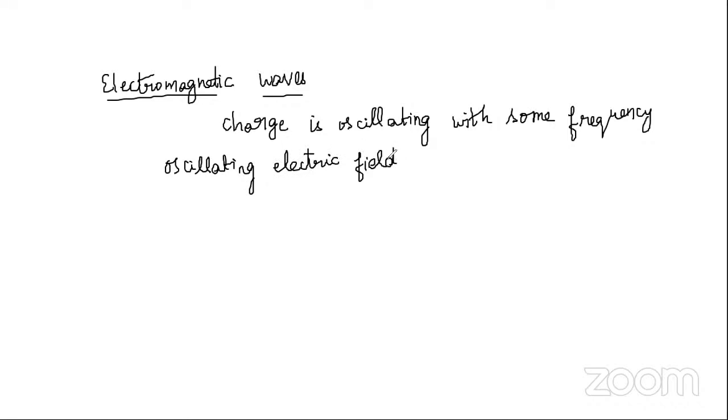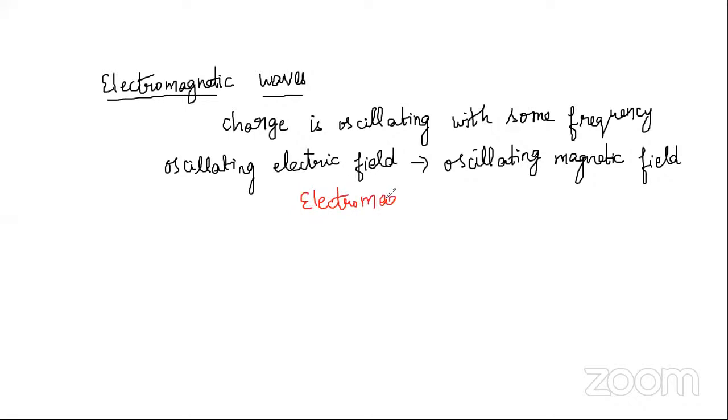And the oscillating electric field generates an oscillating magnetic field. The oscillating electric and magnetic fields generate electromagnetic waves or EM waves. So due to the oscillation of charges, you are getting electromagnetic waves,